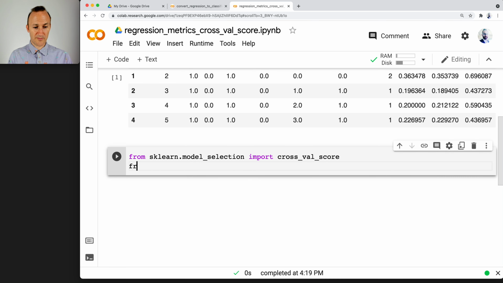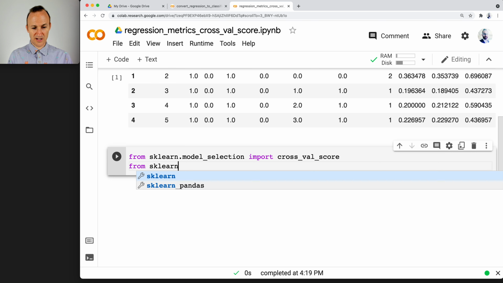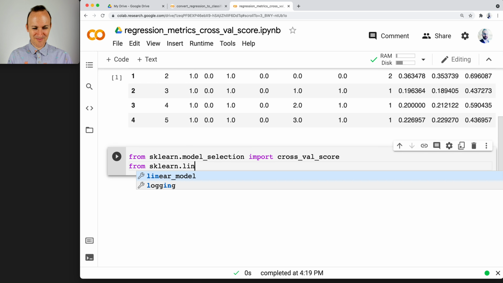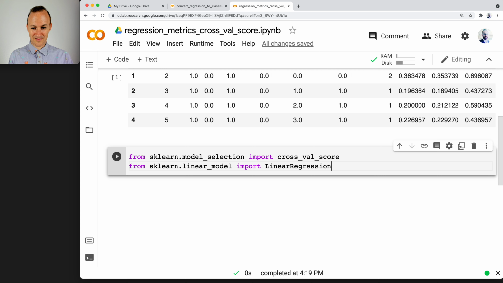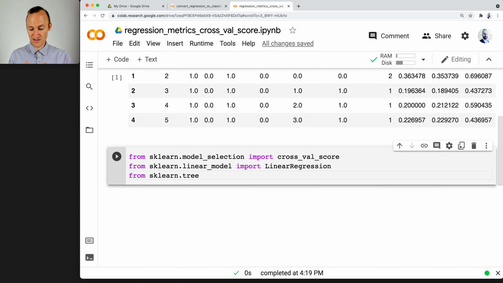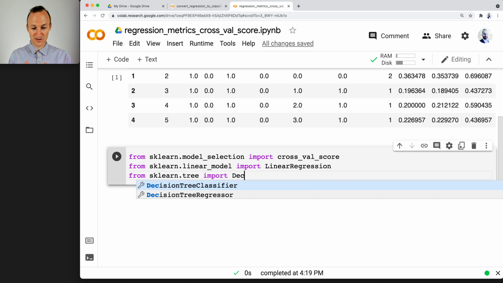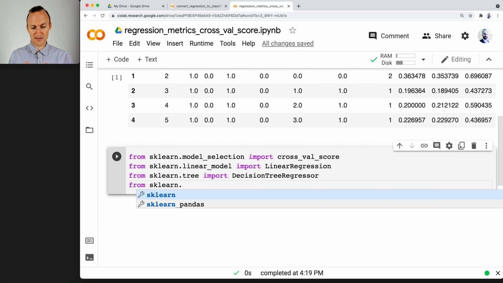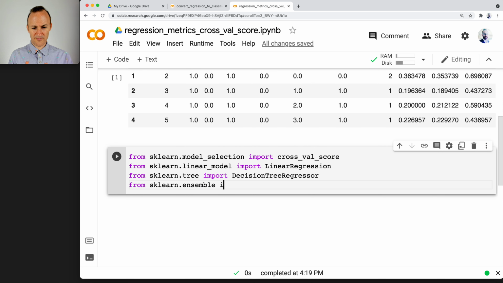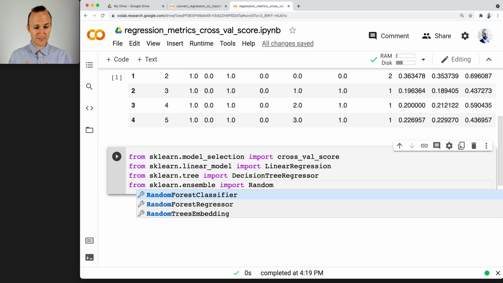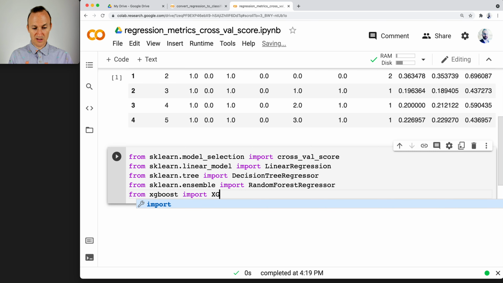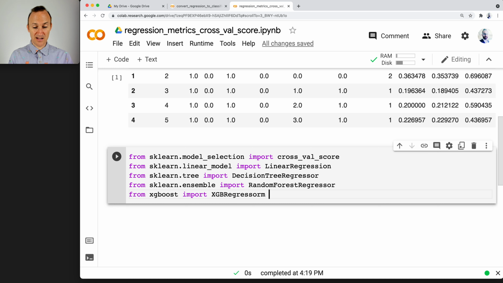And now let's try, from sklearn, I'll do a few. Linear model, import LinearRegression, and then from sklearn.tree, import all the ones that you know. Import DecisionTreeRegressor, it's regression, so we've got to use the regressor. From sklearn.ensemble, import RandomForestRegressor. From XGBoost, import XGBRegressor, and comma